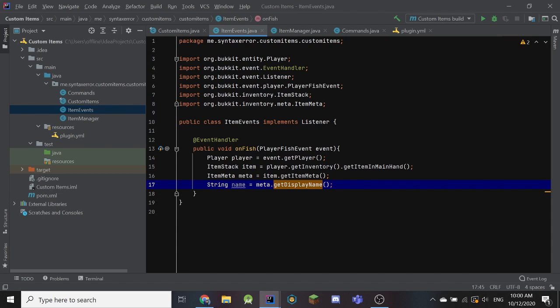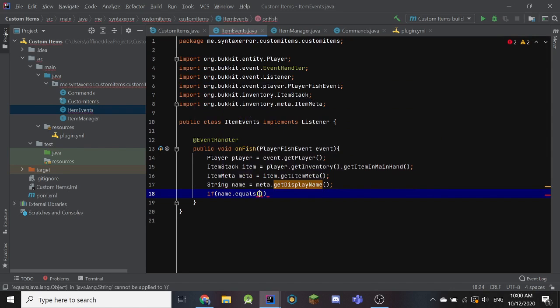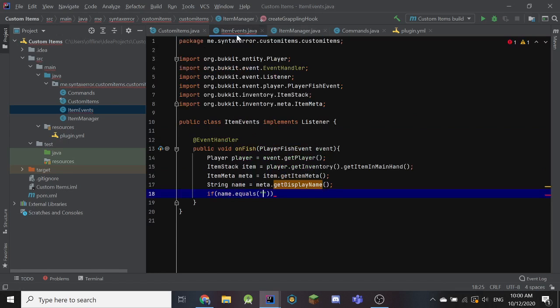If it's not a grappling hook, we just leave him where he is. I'm not going to disturb him. So if name.equals, and we are going to go ahead, let's put this thing first. We're going to go into our item manager and we're going to copy paste this grappling hook together with the color code,